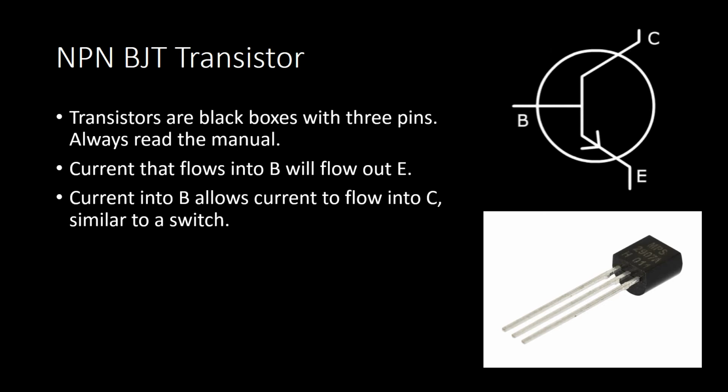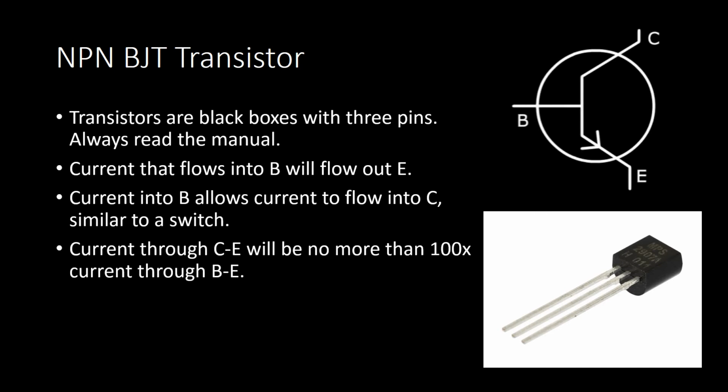And maybe at a later date, I can do another video talking about the mechanics of how that works inside of the transistor. But you can think of it kind of like a switch: when current flows through B, it basically creates a region that allows electrons to flow through a piece of silicon inside the transistor's casing. Okay.